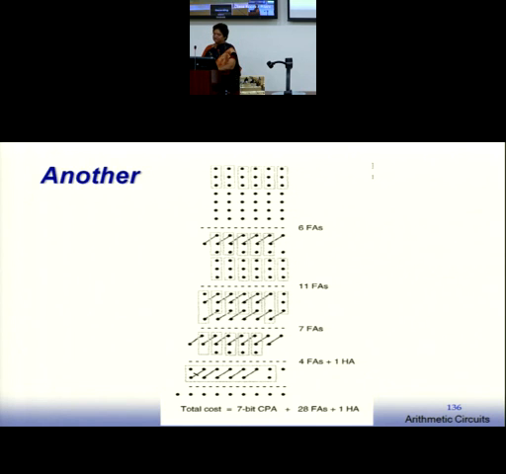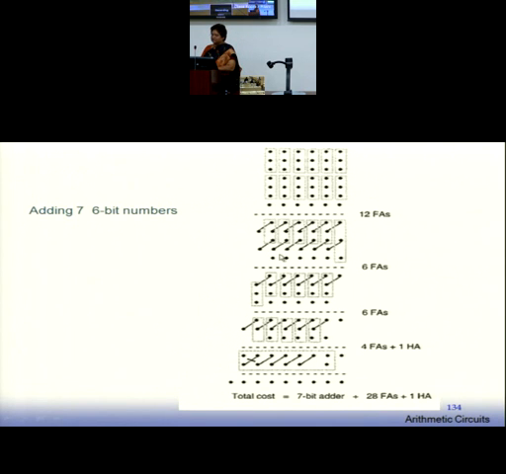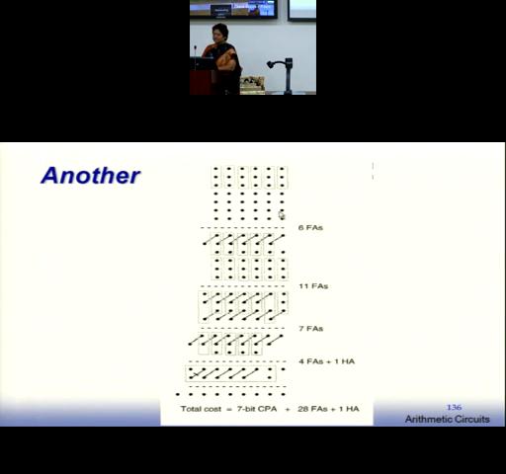Remember in the previous one, what did we do? We were retaining this one. It was retained here, and it was retained here. Only in the 4th step was the last row getting added. What are you doing in this situation? We are retaining it in the first step, but then it is getting added in the second step along with other rows. So as I said, how you make a carry save tree is totally the designer's creativity. You can make changes accordingly, and your hardware count will change accordingly. The number of full adders and half adders you use will change.